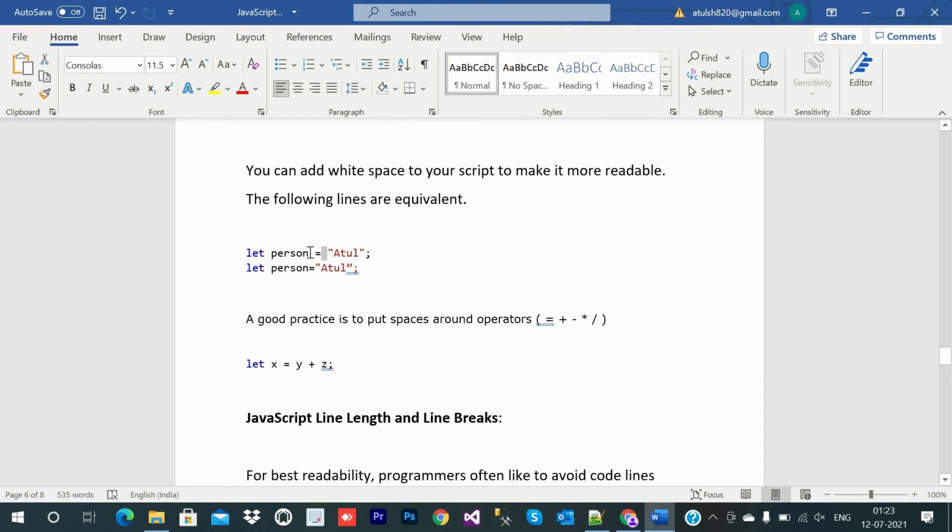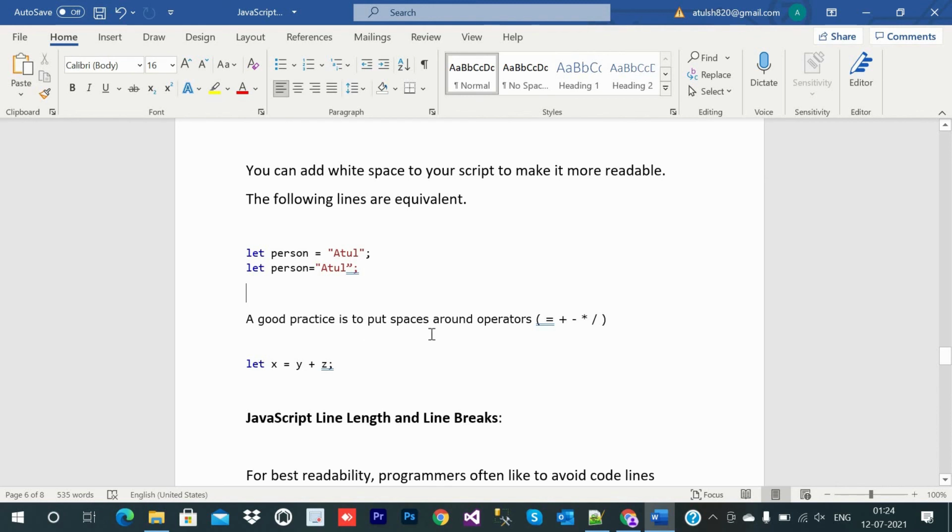This is more readable, whereas the other can be written in a more complex, less readable way. You can understand that it is a variable declared with the value Atul, but this one is more readable. So you can give space around the operator and it will be more readable.